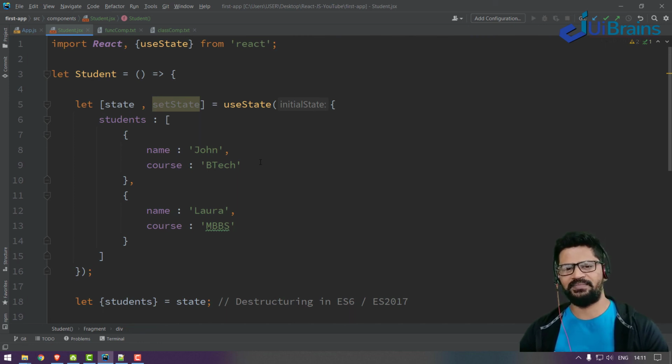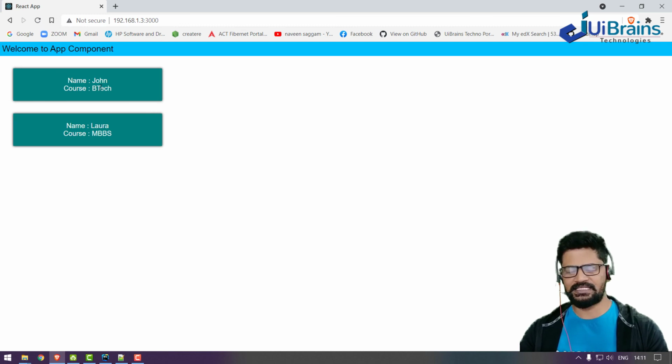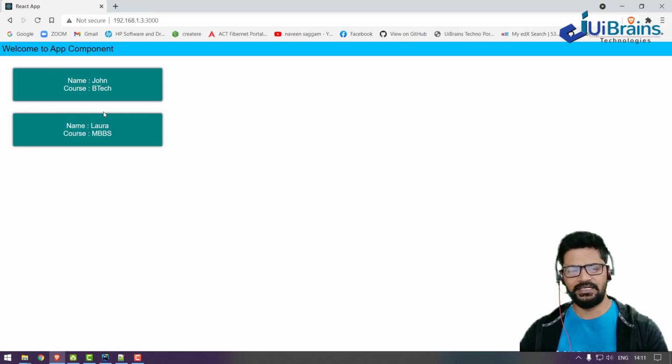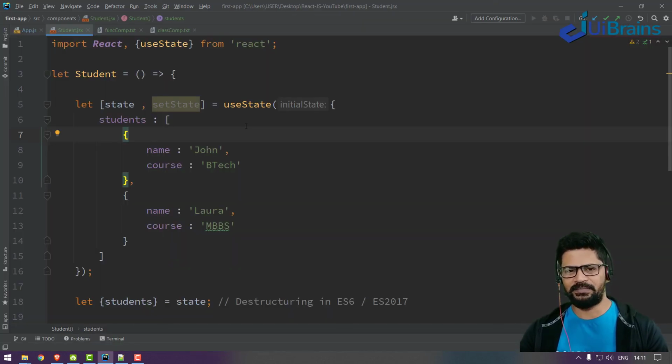So in the next example, we'll see the Bootstrap configuration, because as of now we are using just normal CSS. I don't like this normal CSS. Let's configure a Bootstrap setup so that you can make some rich UI. Okay, so let's see the Bootstrap setup in the next video.